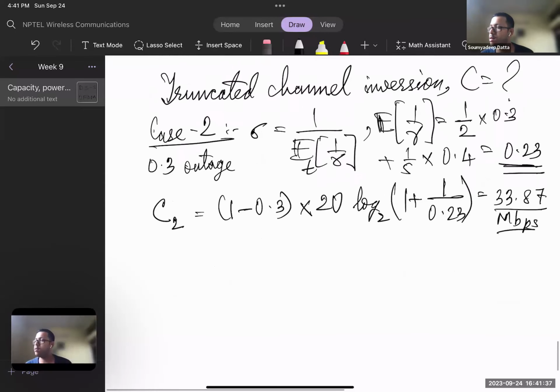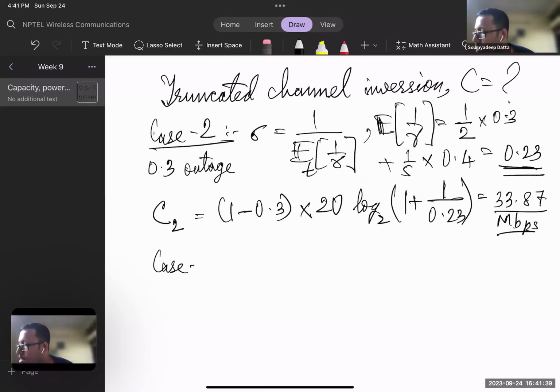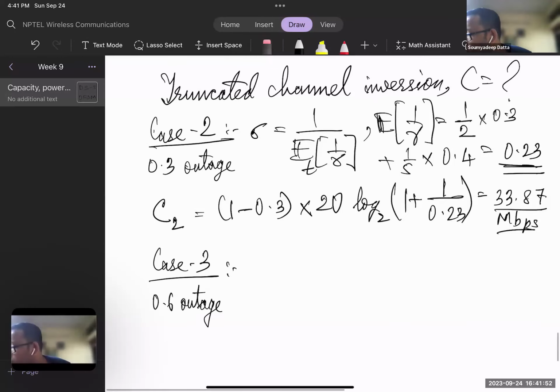Let's also consider the third case, case 3, which is the 0.6 outage case. So I'm just neglecting the first and the second channel states now. It's only the best channel I'm considering. So again, in that case, my expected value of 1 by gamma will be,